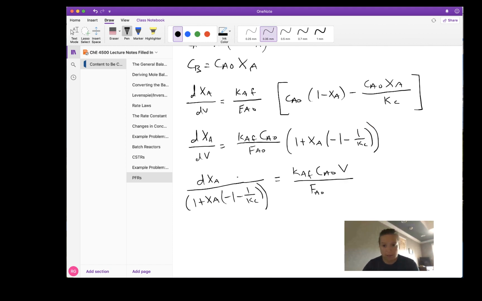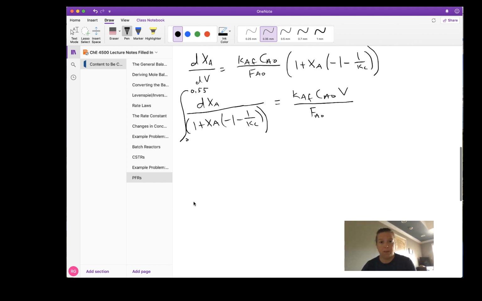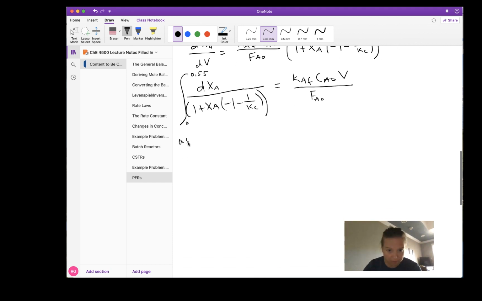So I can integrate this now. I'm going to integrate from 0 to 0.55, and this will give me a number on this side. So I'm actually going to use appendix